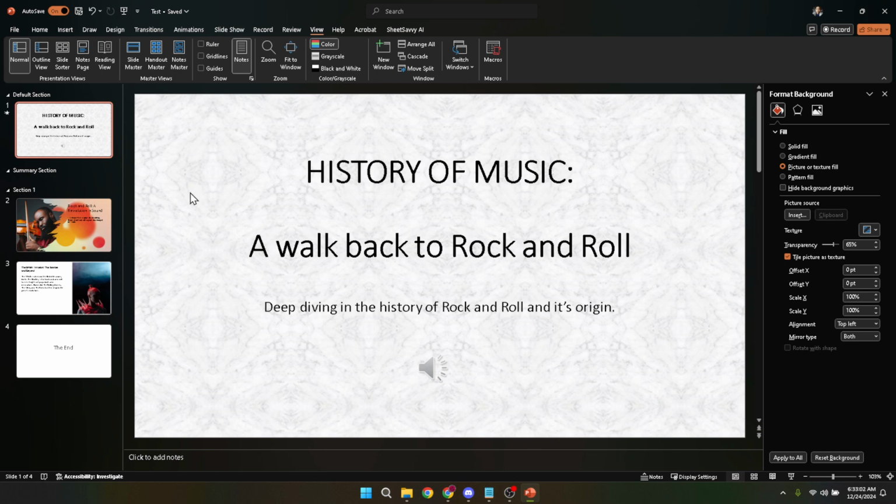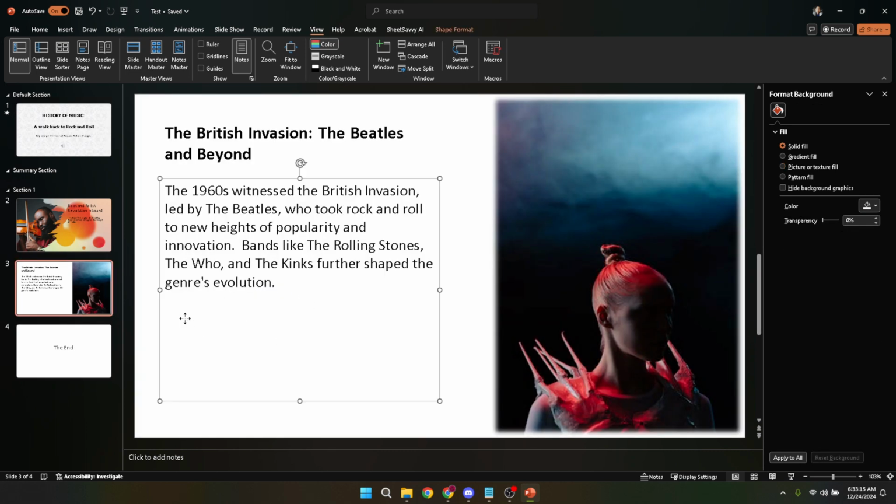Within the Format Background pane, you will see several choices. To achieve a transparent background, select Picture or Texture Fill. This option is exactly what it sounds like. It allows you to fill your PowerPoint slide's background with either a picture or a texture. For our purposes, the texture or the picture isn't what we are focusing on, but rather the ability to adjust